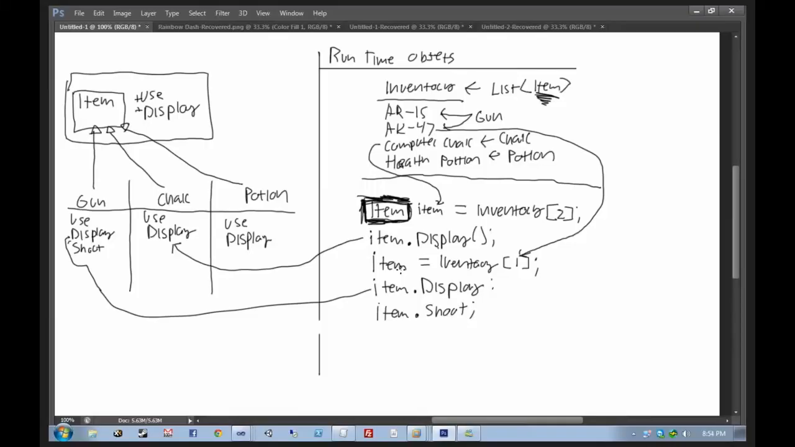And is this possible because items fields are abstract? Close. It's these use and display are methods. Correct. They're public methods that got inherited by all of these other objects. The only reason, let me point this out, this is really important. The only reason that Nelson is doing the abstract stuff is because he demonstrated earlier that